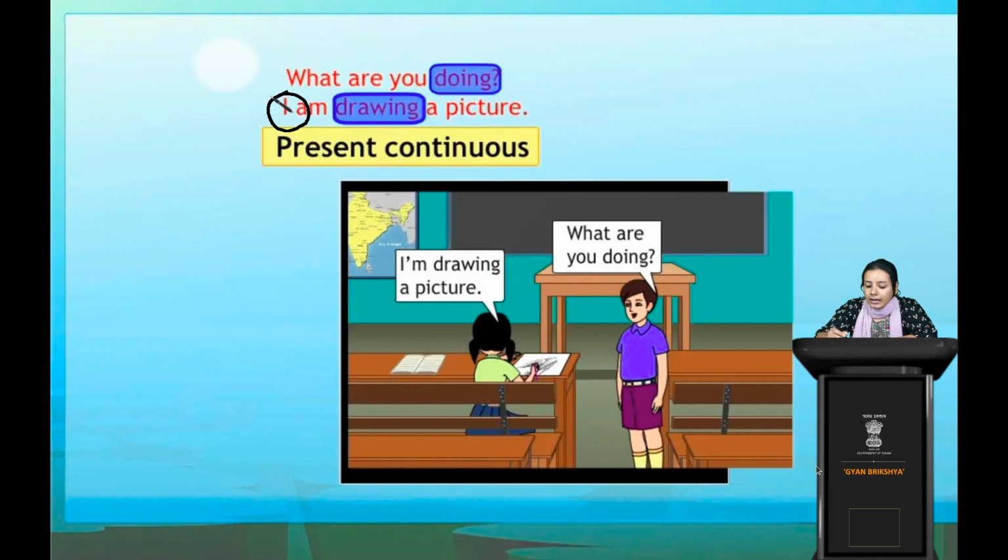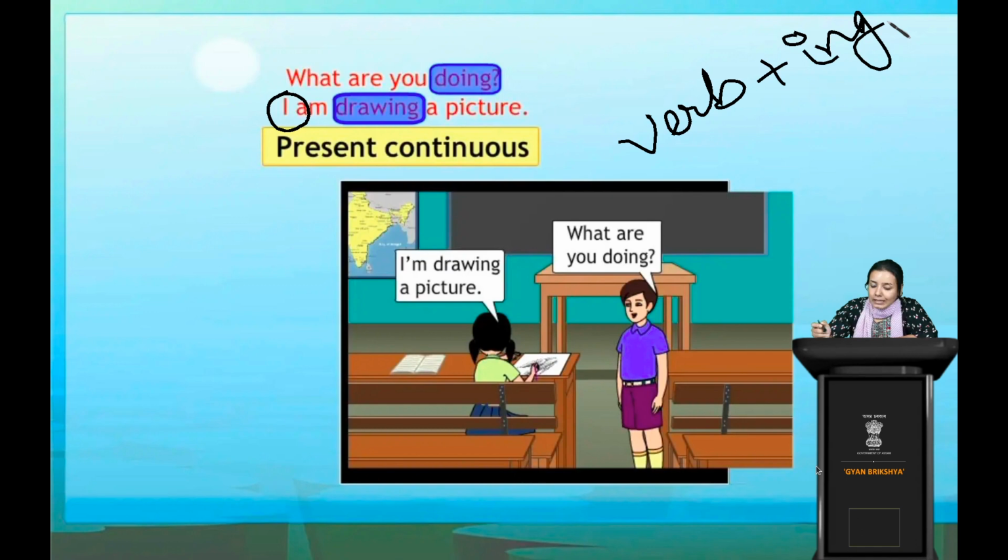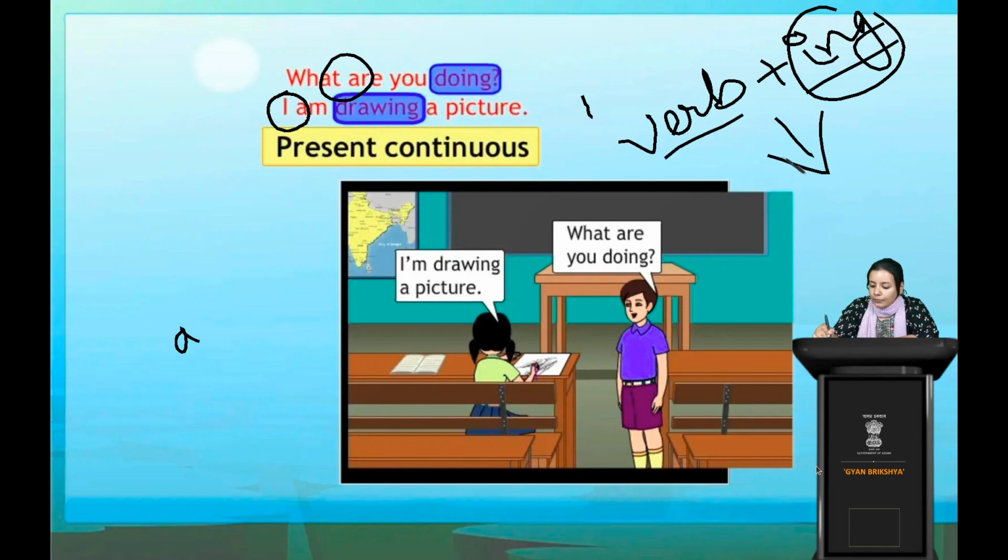Yes, very good. And the verb plus ing comes under present continuous tense. The action is going on, right? It's not stopped yet, it's already going on. So present continuous, like verb plus ing. Do plus ing, that is doing. Draw plus ing, that is drawing. So these are ing, right? Verb plus ing. So the verb is am, I have just mentioned am, are, is, etc. So verb plus ing, it forms what?